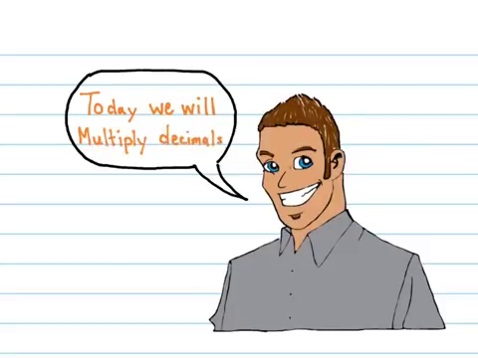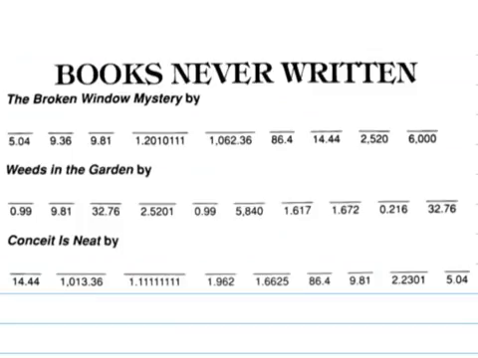Now to help us achieve our objective, we're going to go to our worksheet. Books Never Written, that's the title of our worksheet. And we're going to be solving these three questions. Who wrote the book, The Broken Window Mystery by, Weeds in the Garden by, Conceit is Neat by. Now these are books that were never written and we're going to find out who the authors are for these